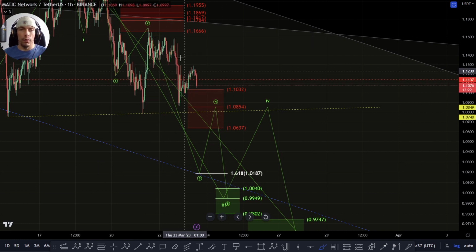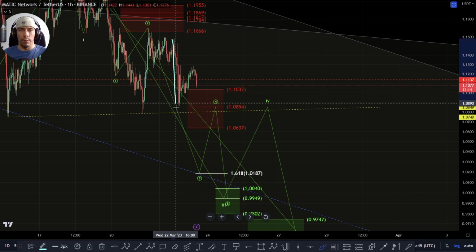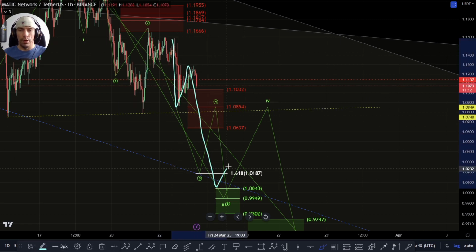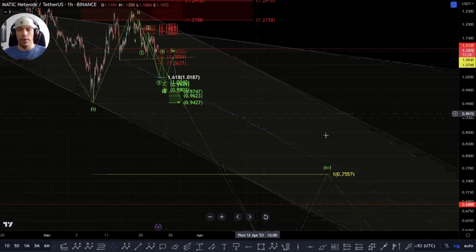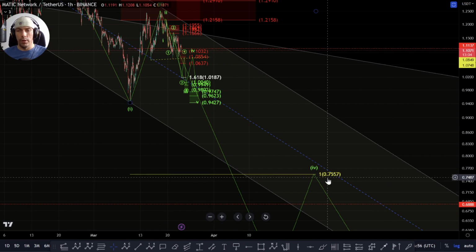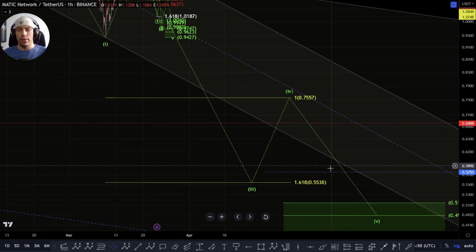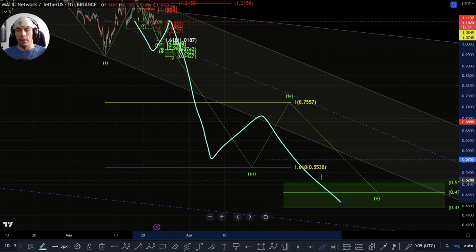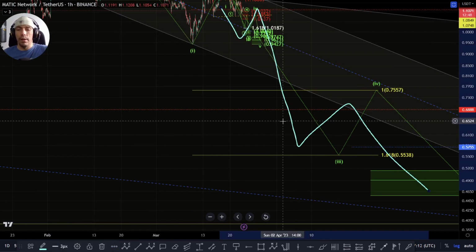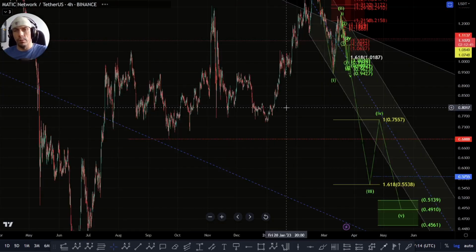And even within here, we could see that that's actually starting to extend within this third wave, and potentially, we could see a move down where this becomes another 1 and a 2 here, and then we actually look to push down through these areas. So the key zone to take away from this would be this 1-to-1, which would be down here at the 75.57, and then basically lower down we'd have this 1618 at this 55 cent range. If we do start to break down in a bigger five-wave structure here, what we would then be looking for is that potentially this could be either an A wave to the downside,